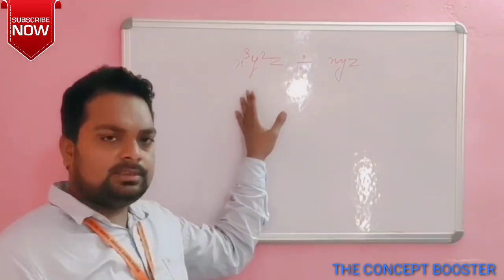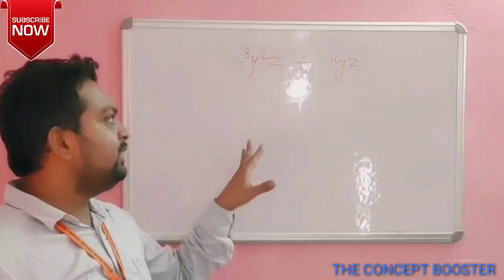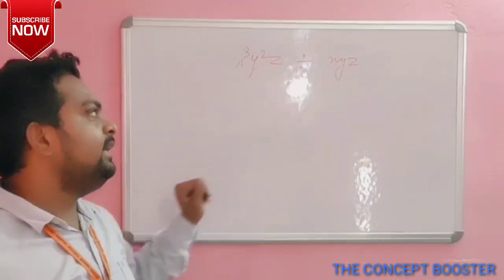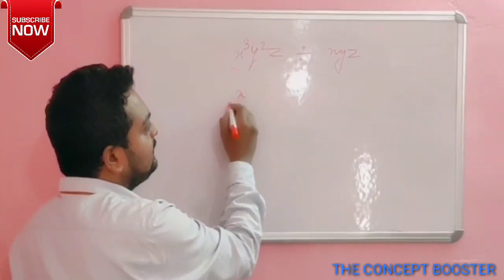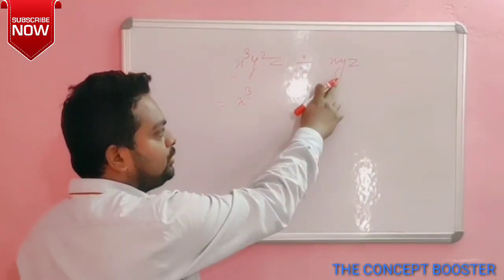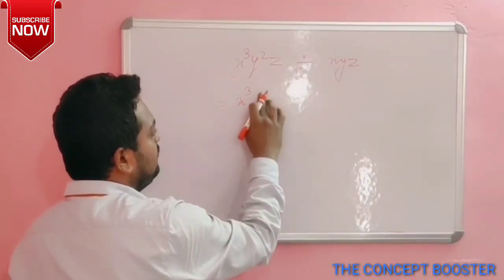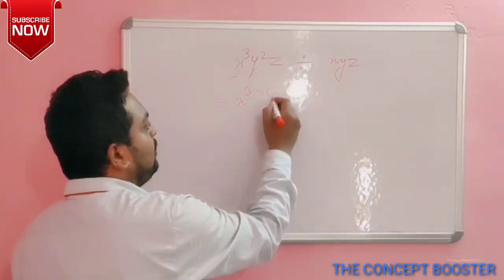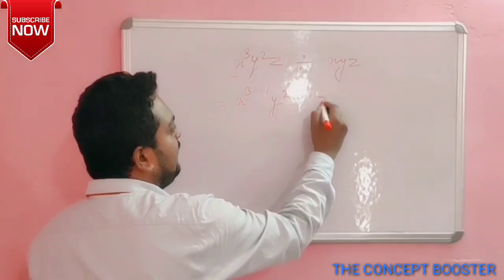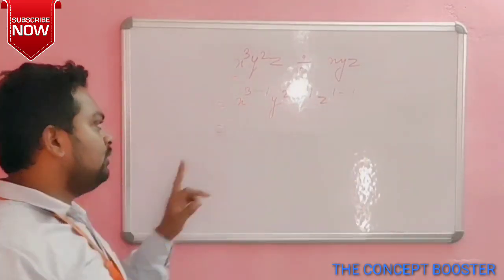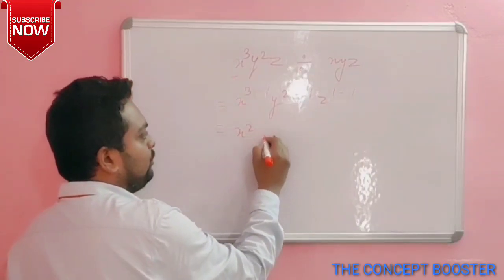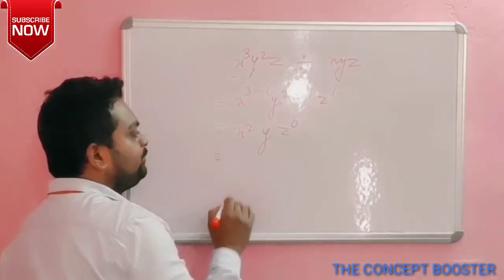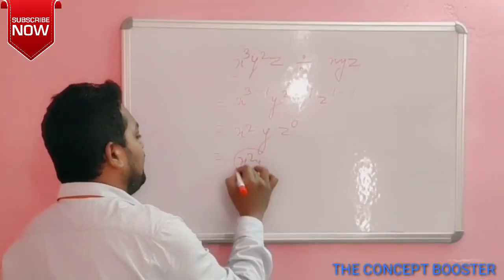Okay, so similarly as we have done in multiplication, you can do it in division also. Only instead of adding the powers, you have to subtract the powers. Okay, so see the variables. It is x to the power 3, and here also we have x, and it has a power of 1. So simply do x to the power 3 minus 1. For the y, 2 minus 1, and z, 1 minus 1. So 3 minus 1 is 2, so it will be x square. y, 2 minus 1, it will be y, and z, 1 minus 1, it will be 0. So your answer will be x square y.